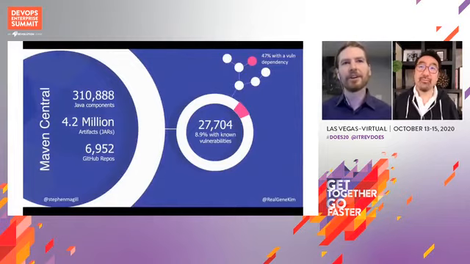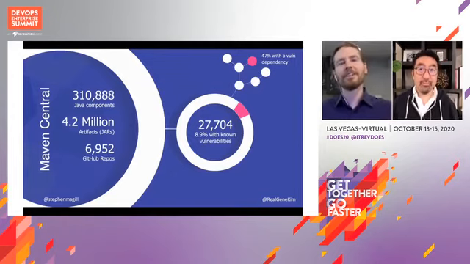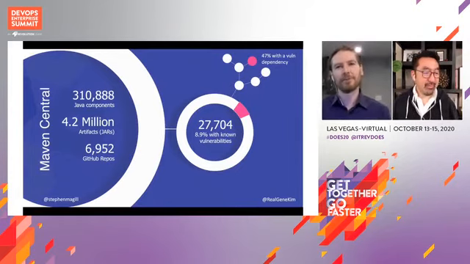And in that work, as we said, we looked at Maven Central. There's really an amazing amount of projects, of components, of data out there on Maven Central. 310,000 components, 4.2 million versions of those components, so individual jar files. Each has its own vulnerability history, its own dependency graph, its own API changes with each version, which can cause problems. Almost 7,000 of those also have associated GitHub repos, which gives us a whole other set of data that